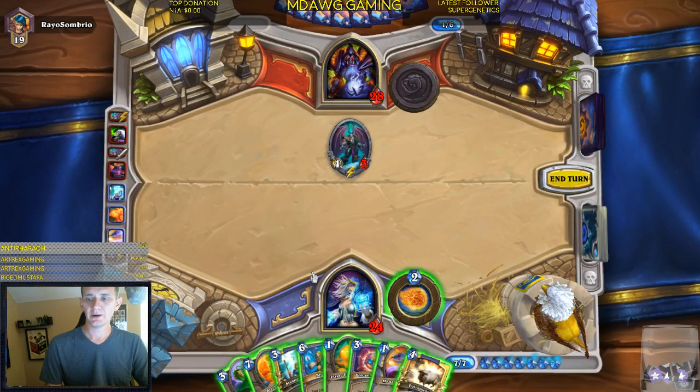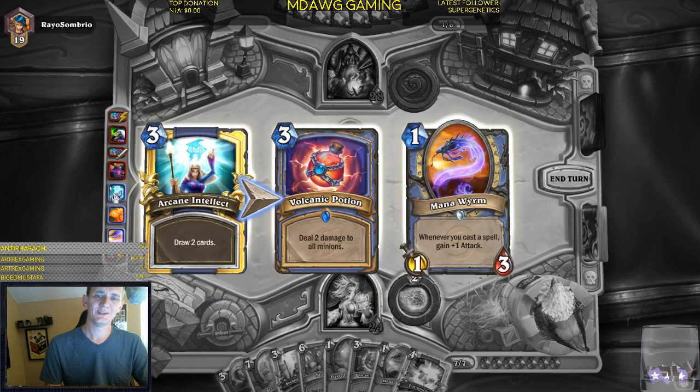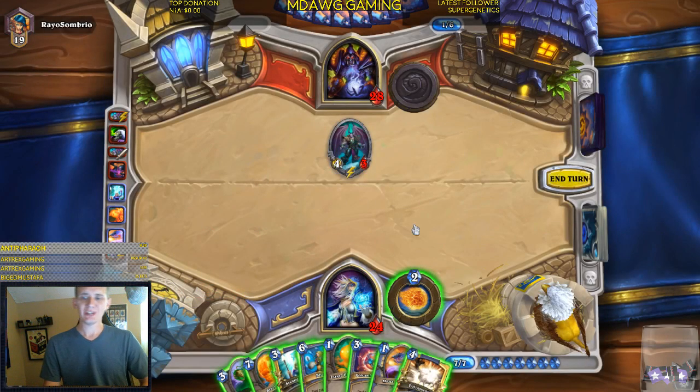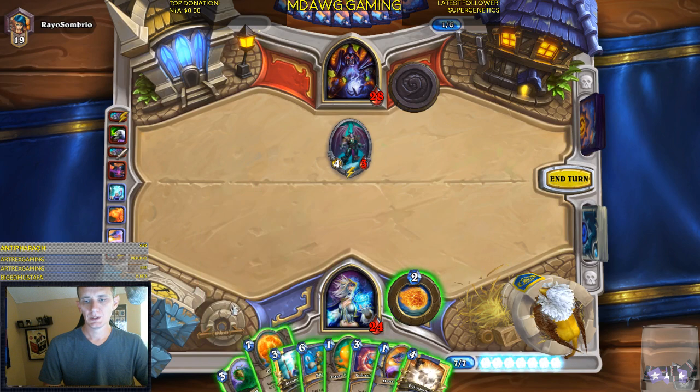Oh, we didn't get credit for Elemental. So, does that mean that, yeah, you know, adjusting to a new deck. Just damaging something with Flame Geyser does not make it count for... What to do? That makes sense. What to do? Alright, so...